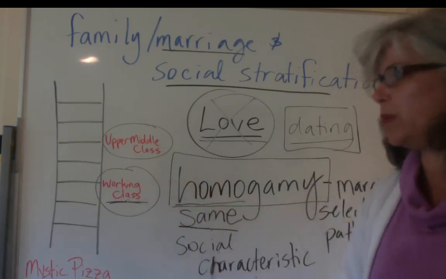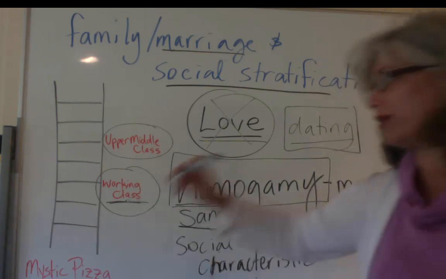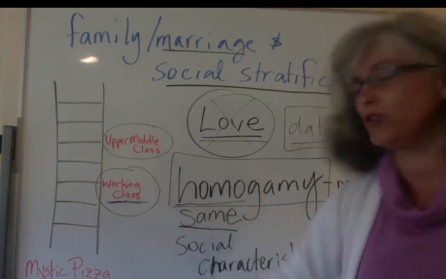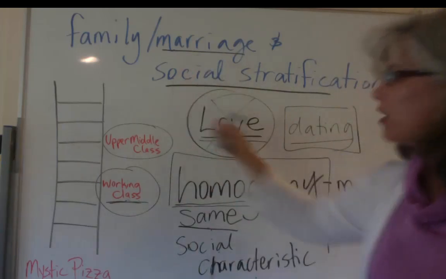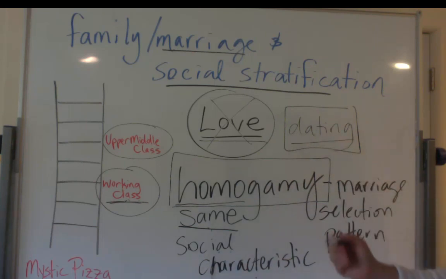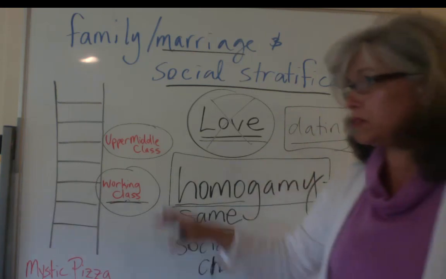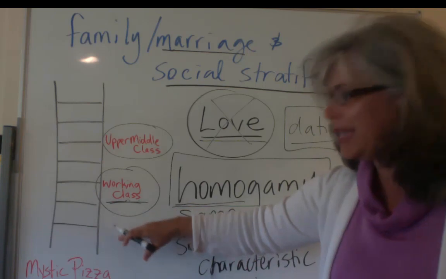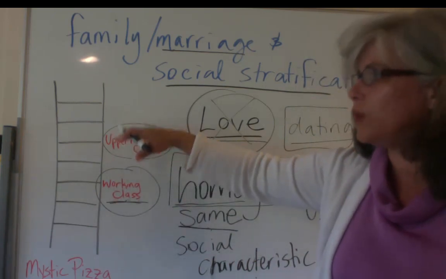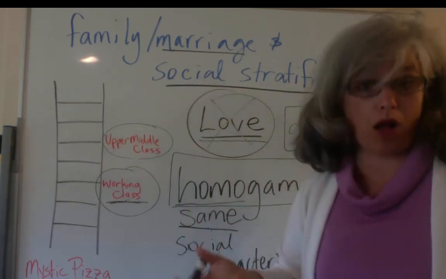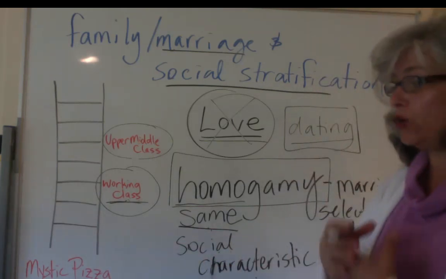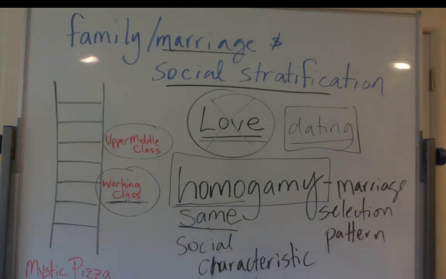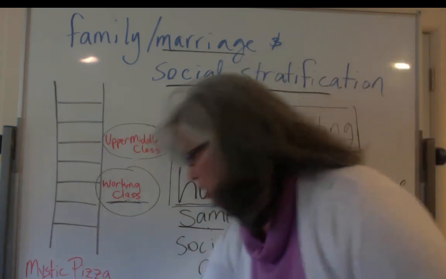Therefore, working class people tend to marry working class people and have working class babies who grow up to be working class adults, who grow up to be working class adults. And the patterns for selecting our own spouses contribute significantly to the repeated social inequality that we see in all of these different rungs of the ladder in our macro scale social structure in the United States. We tend to hang out with people who have our same social characteristics.